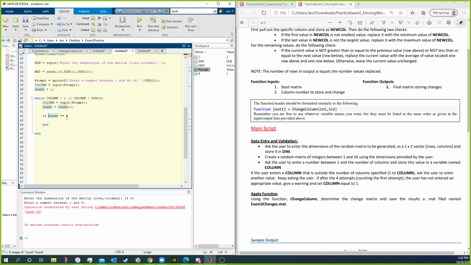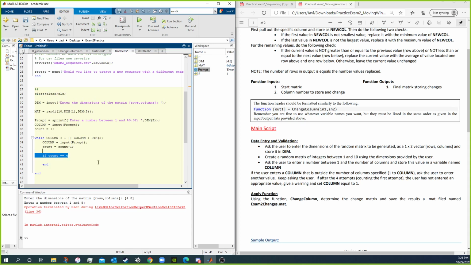Now, what if on the 4th time they actually enter something correct? But it'll still run this, right? Count is 4, we've asked 4 times, but what if on the 4th time they input something correct? We don't want to produce a warning, right? It's right. So what we also need in this if statement